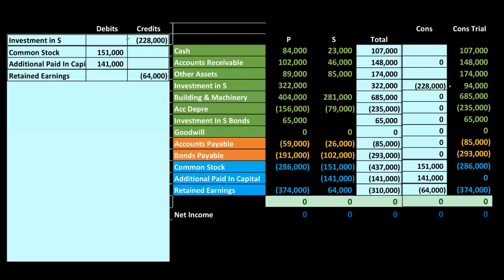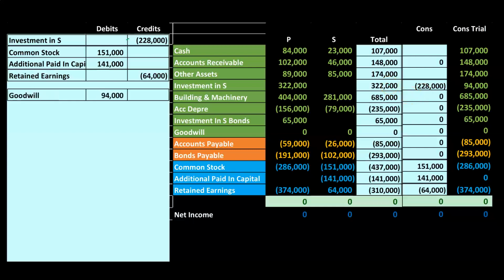What was that 94,000? Where did it come from? It's the goodwill that we calculated. So, and it's only the goodwill this time. Notice what it could be. You could say, well, it could be the goodwill, and then it could be the difference between the fair value and the book value. But there was no difference in the fair value and the book value in this case. Therefore, the difference is goodwill. We're not going to have to revalue the accounts. We're just going to say the difference was the goodwill.